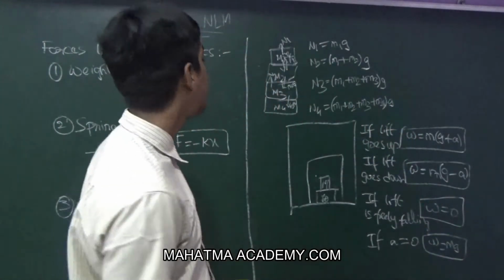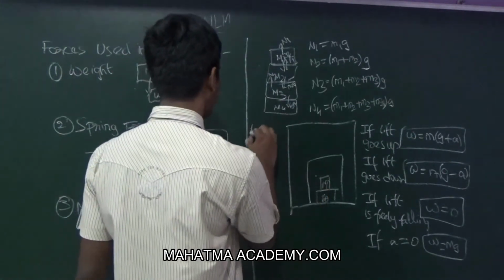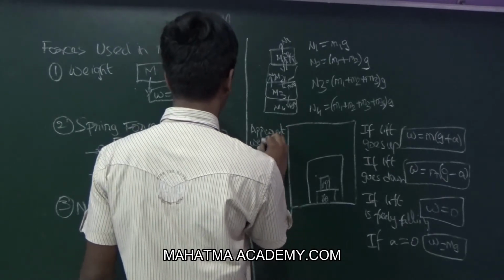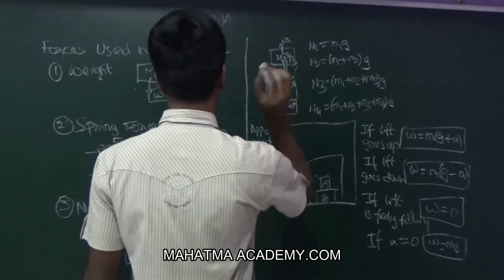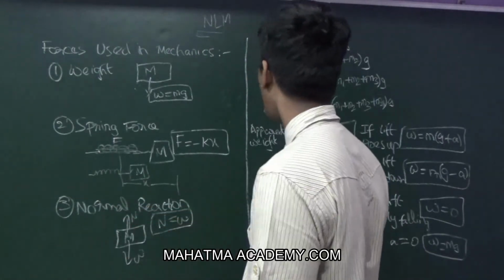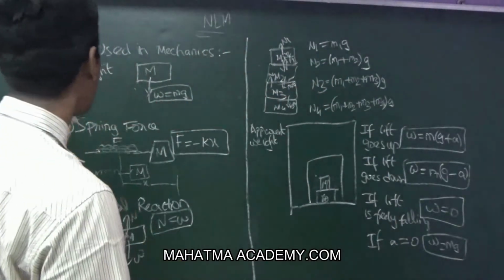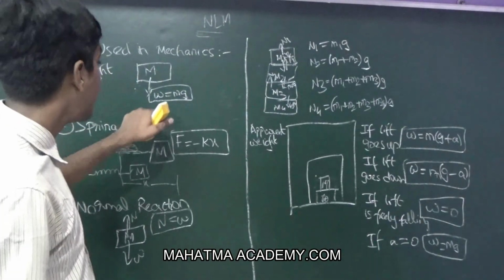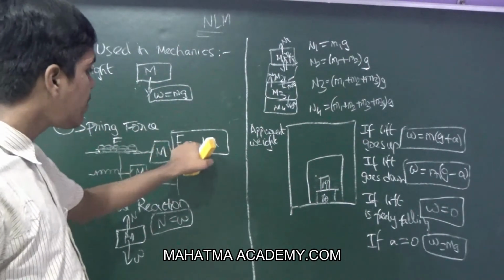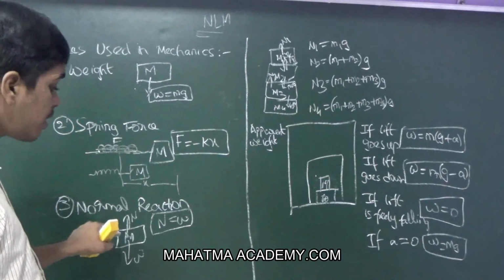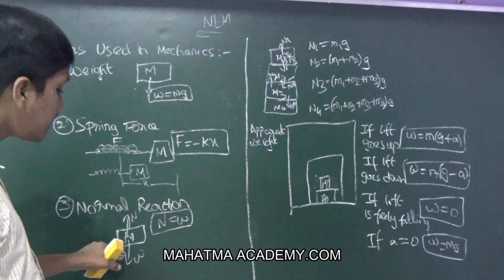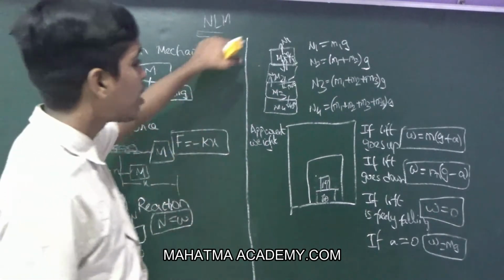Now we have discussed the apparent weight. Now we have discussed the weight, spring force, normal reaction and apparent weight. Now I am explaining this weight. Weight is always downwards and weight is equal to mg. The spring force which is done by the spring, F is equal to minus kx. Normal reaction is always upwards, and if the block is stationary, N is equal to W. These are the kinds of cases.